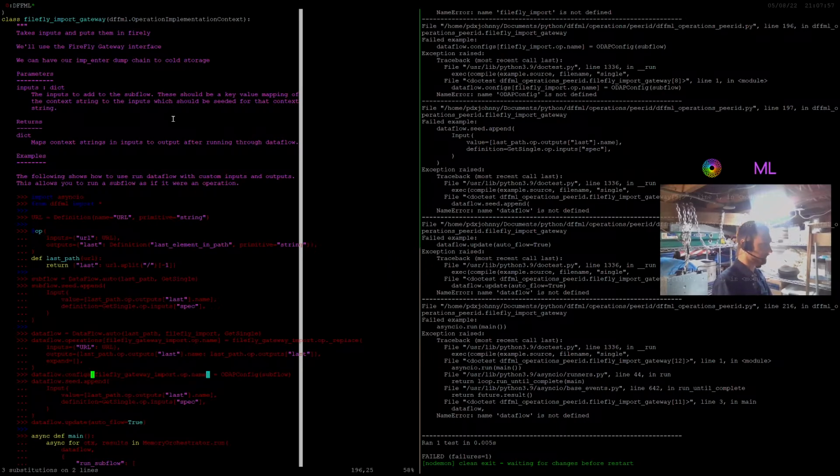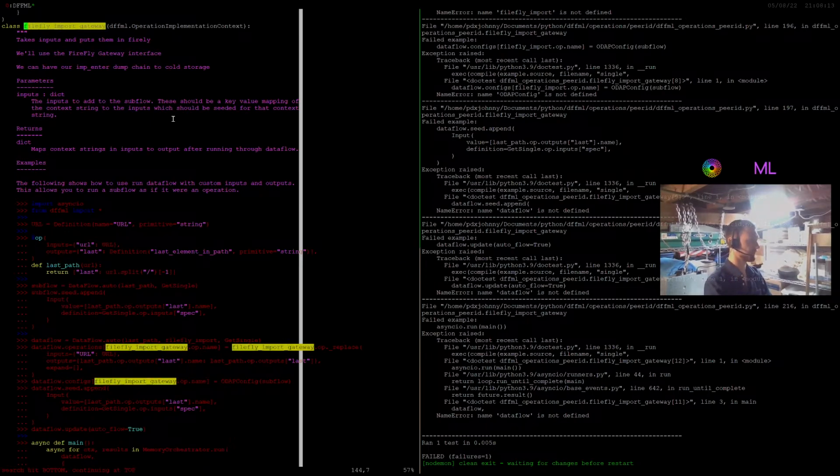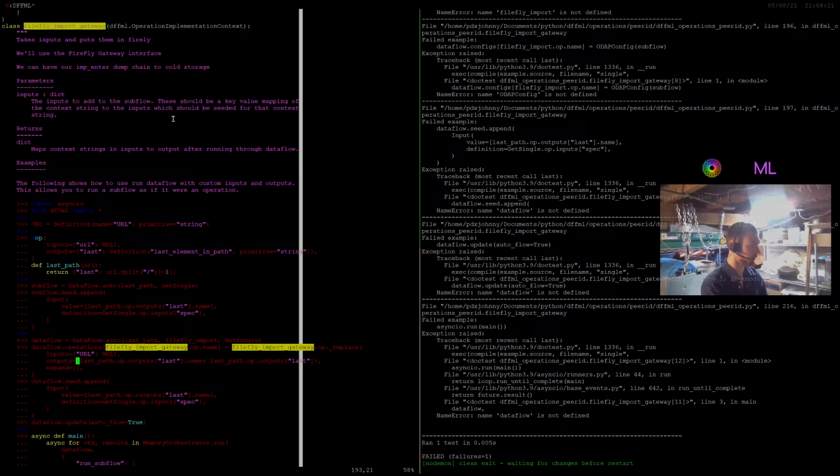All right, there we go. Now we got Firefly gateway import. Oh, import gateway, damn it. Okay, there we go. All right, so now we can import it. So we can say config, so we don't need the config here. So we can say outputs. Okay, so inputs. So we'll say inputs equals